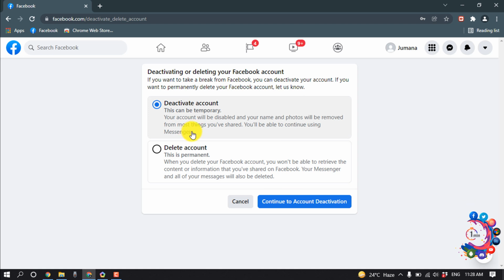One is Deactivate Account and another is Delete Account, and this is permanent. When you delete your Facebook account, you won't be able to retrieve the content or information that you have shared on Facebook. Your Messenger and all of your messages will also be deleted. So if you want to permanently delete your Facebook account, then you have to select this option and now click